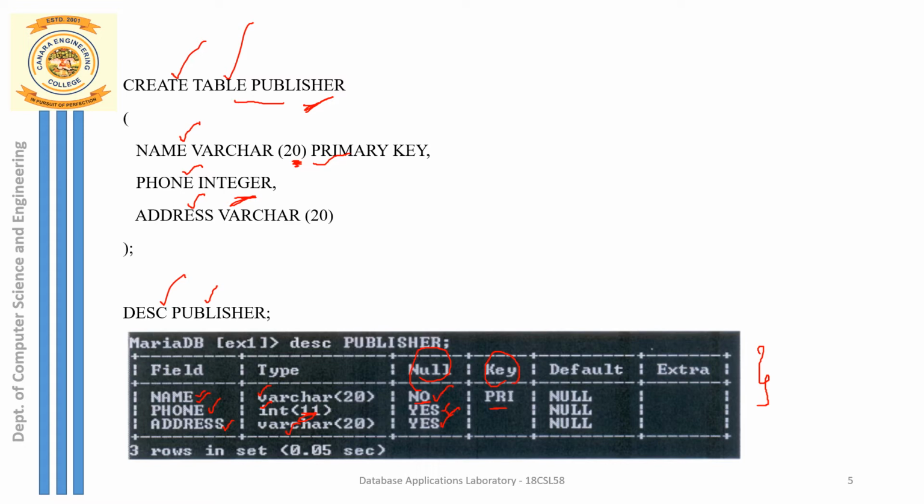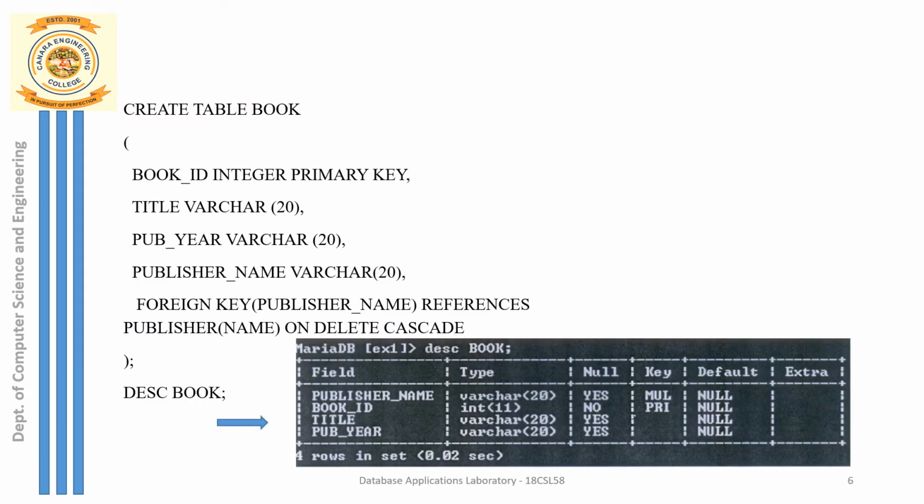The next one is the default value. If you don't enter any value, by default it is going to take null for all three attributes. But remember, the primary key can never be null. In that case it is going to throw an error saying that the primary key cannot be null. We'll go to the next table, and the next table which has to be implemented is create.